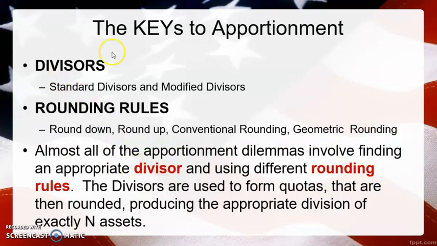And that brings us to the keys of our apportionment. So we have standard divisors and we have modified divisors. We'll have some methods that will use standard only and some that will use both. We can round up, round down, conventionally or geometric. And almost all of the apportionment dilemmas involve finding an appropriate divisor and using different rounding rules. The divisors are used to form quotas that are then rounded, producing the appropriate division of exactly n assets. And we'll look at those methods in our future